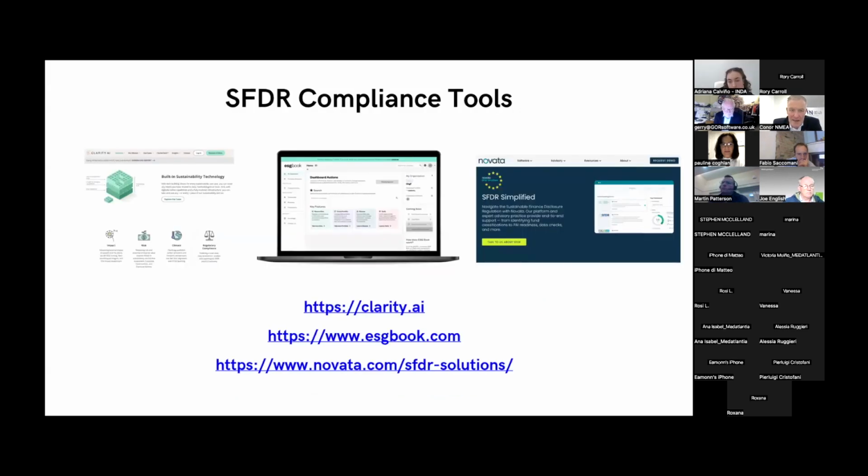And then the SFDR compliance tool, there are actually 3 of these we've come across, trialed and tested and found very useful. There's clarity.ai, there's esgbook.com, and there's novata.com.